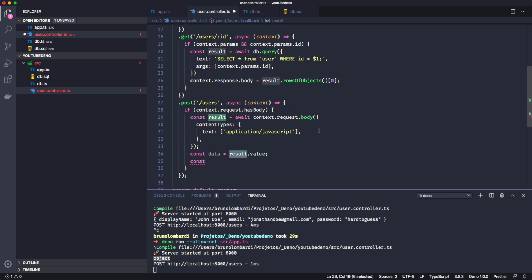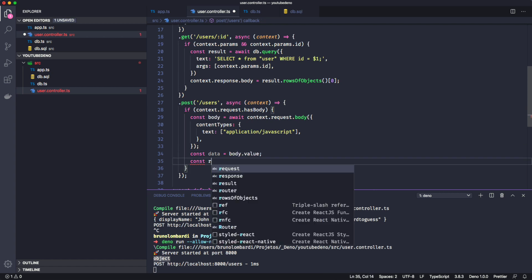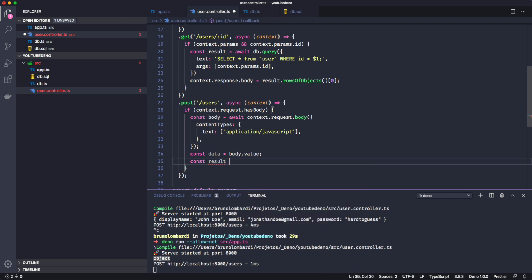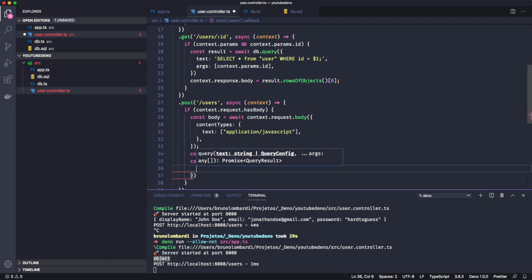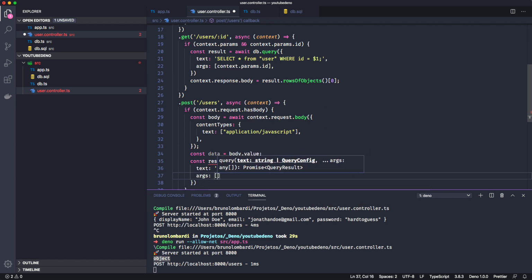So I'm going to put this as body, and that should make it work. So await db.query, put our text here, and our args equals, so insert into user,